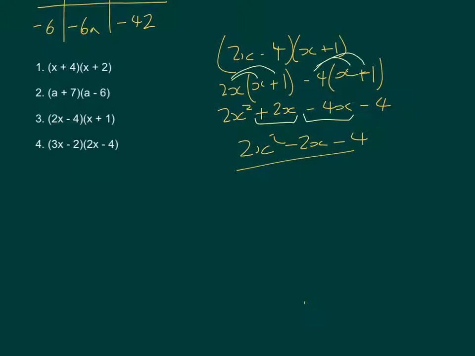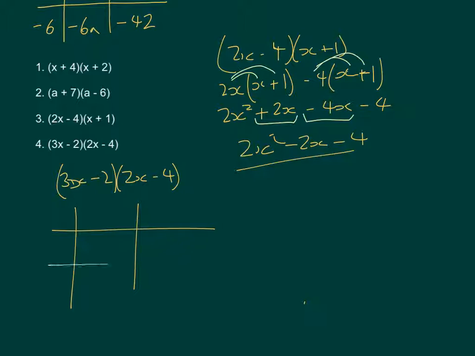And then finally the last one, we've got 3x minus 2 times 2x minus 4. I'm going to draw the grid, and on the top I'm going to put 3x and minus 2, and on the side I'm going to put 2x and minus 4. Then multiplying each one together, 2x times 3x is 6x squared,